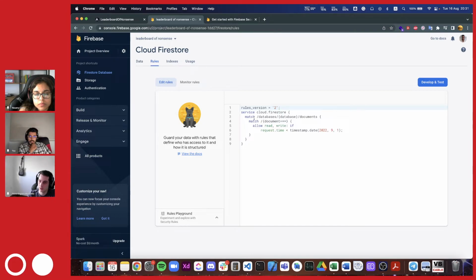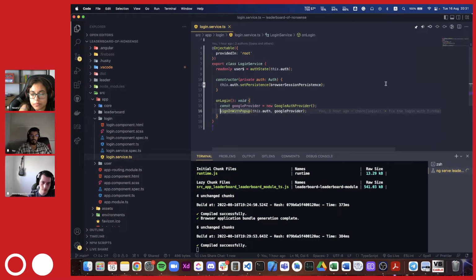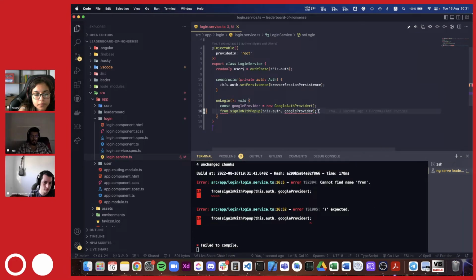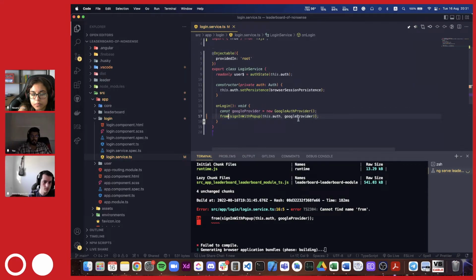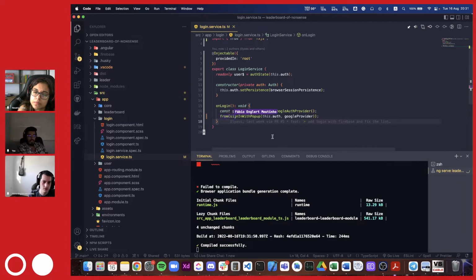Okay, so for now, do you want to create a new document if the user logs in and it has a null value? Is that it? Yeah, we can do something like this from sign in with pop-up. You don't need this, do you? This is sign in. It's signed in. We need to, once the user actually, in the user service,